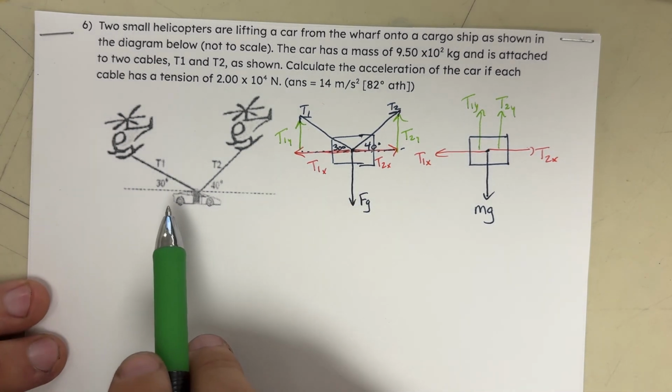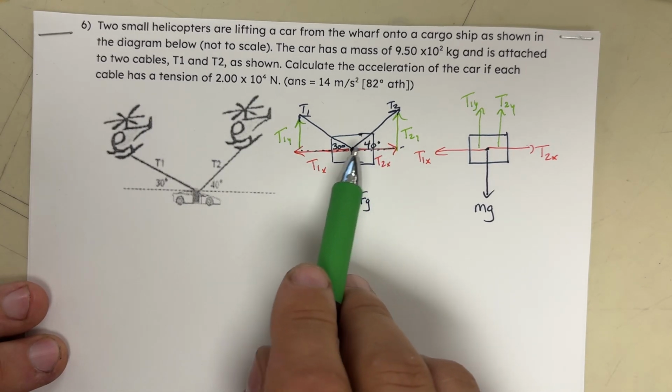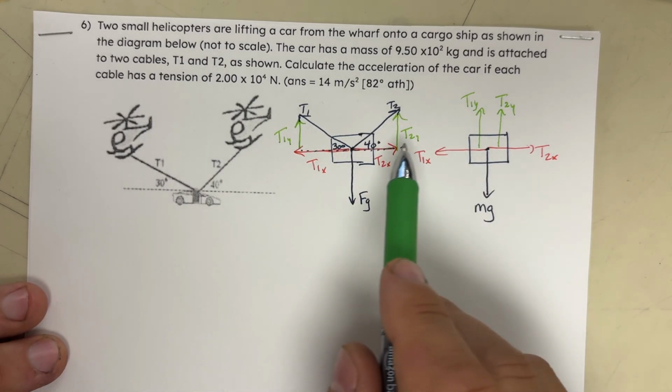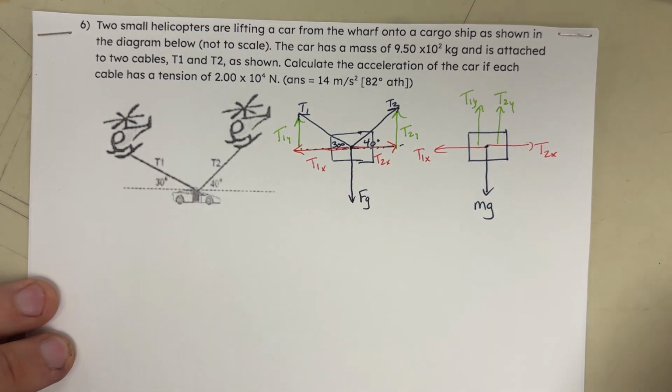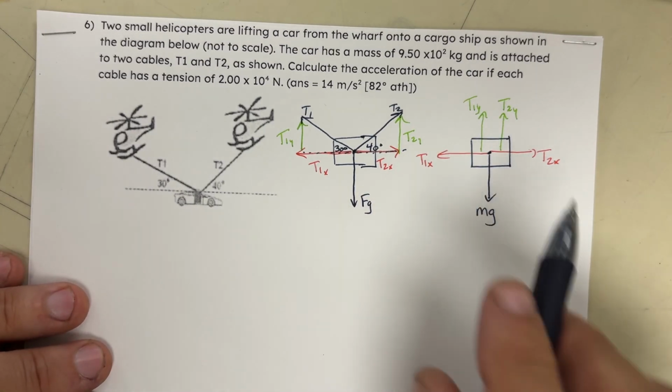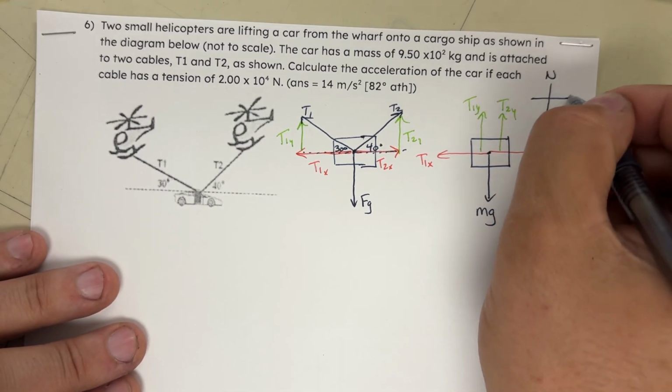So I've drawn 2 free body diagrams. One is just with the actual angles and stuff like that here. But then the other one is just showing the components. So it kind of shows you just the vertical and horizontal. I'm not really sure which way it's going to go, so I'm just going to kind of say that